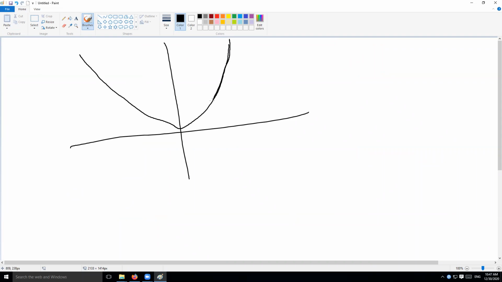Let's not take this entire curve. So here the domain is what? The entire real line, and the codomain is what? The entire real line, right? I'm saying now let's take